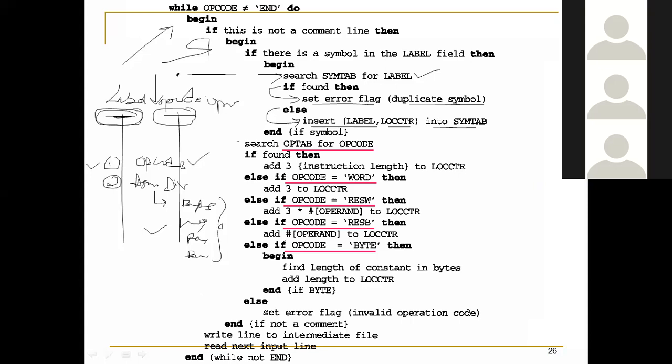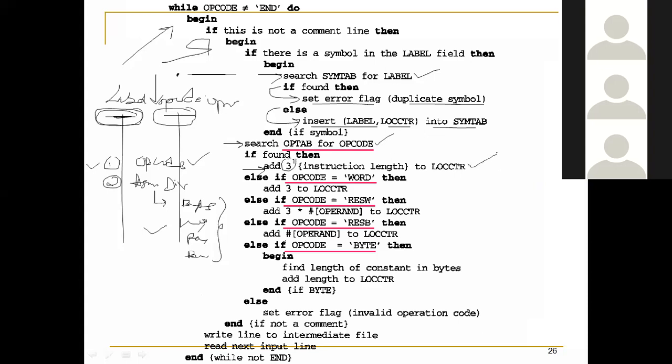So if it is an opcode, then I'll search the OPTAB for the opcode. If it is found, then obviously I know that it is a valid opcode and a valid instruction. So I need to increment the value of the location counter, which I will do by adding 3 to it. Now, why am I adding 3 to it?